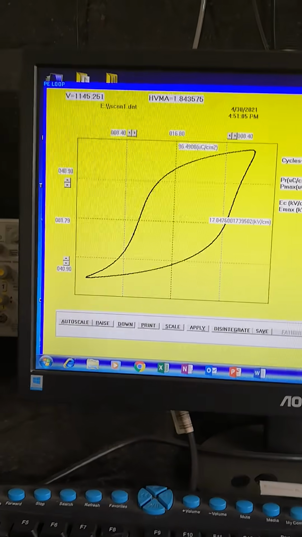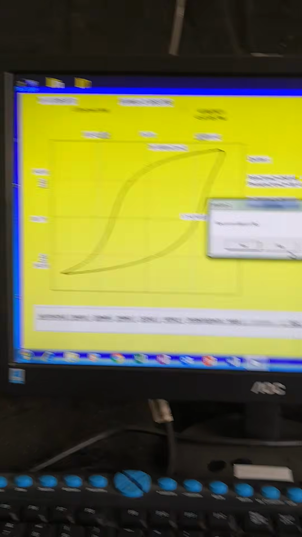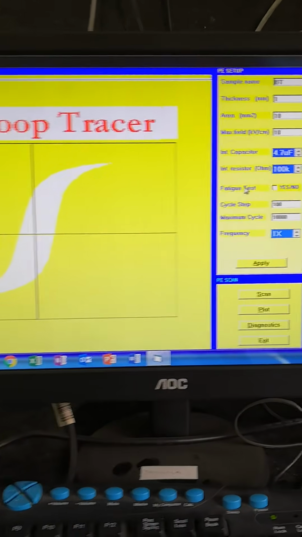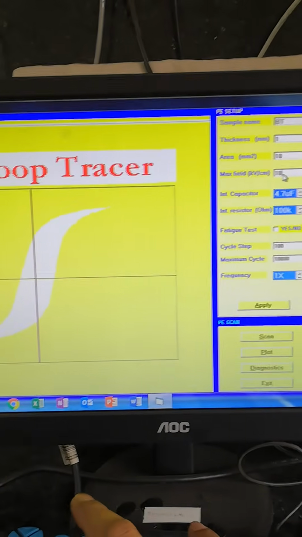So let's further increase the value of the electric field.